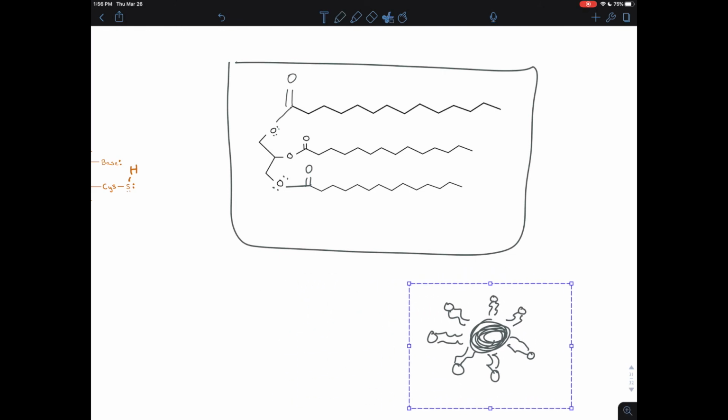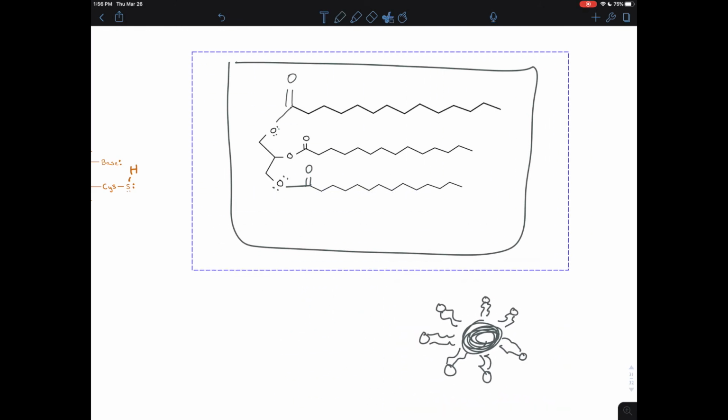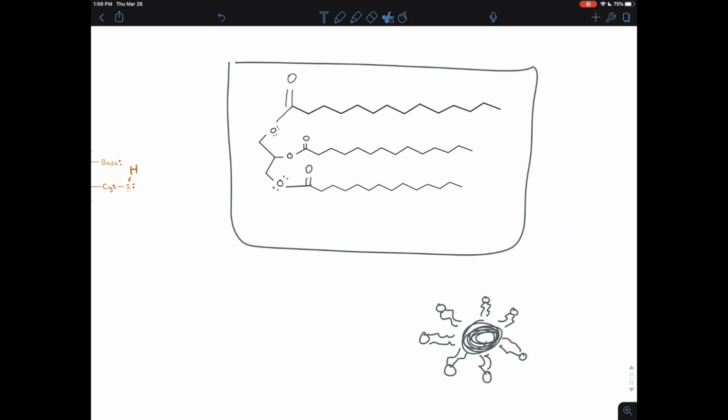Something like this could then travel through your bloodstream to your tissues, where this is going to get broken down to give you energy. But so far, your body has achieved getting this thing into your intestinal mucosa, and now it can transport it to your tissues. So you've resynthesized the